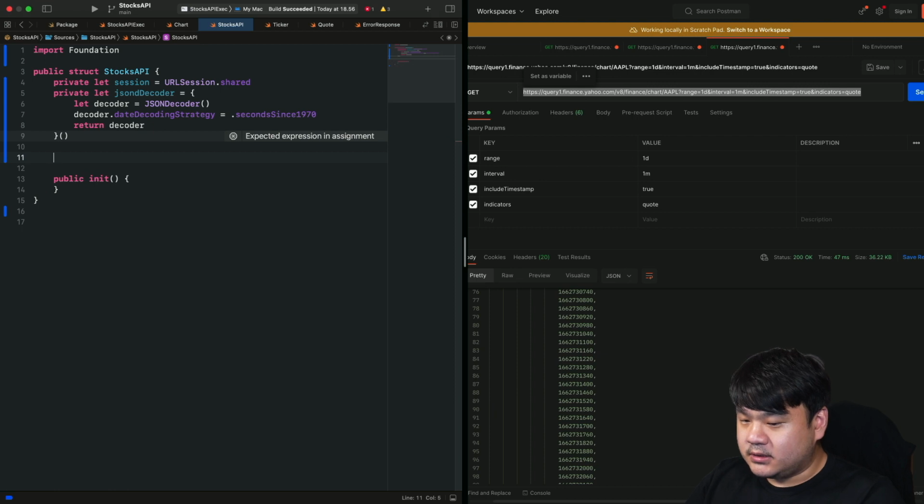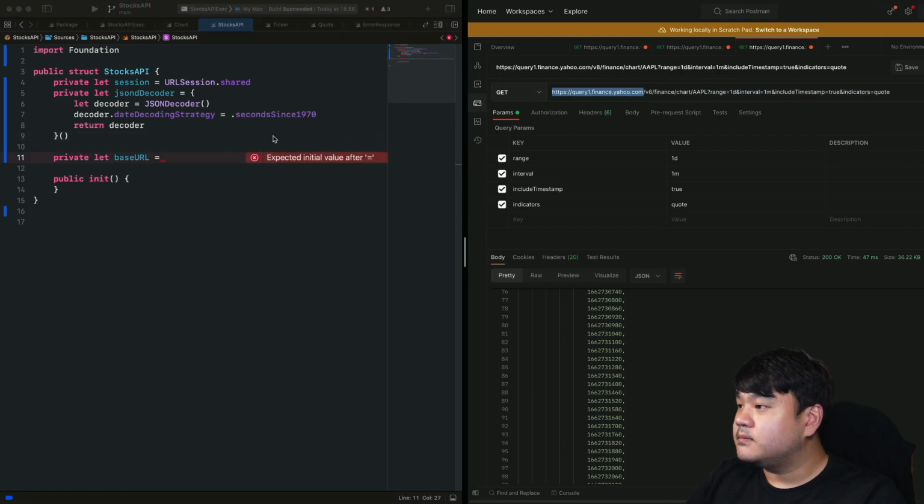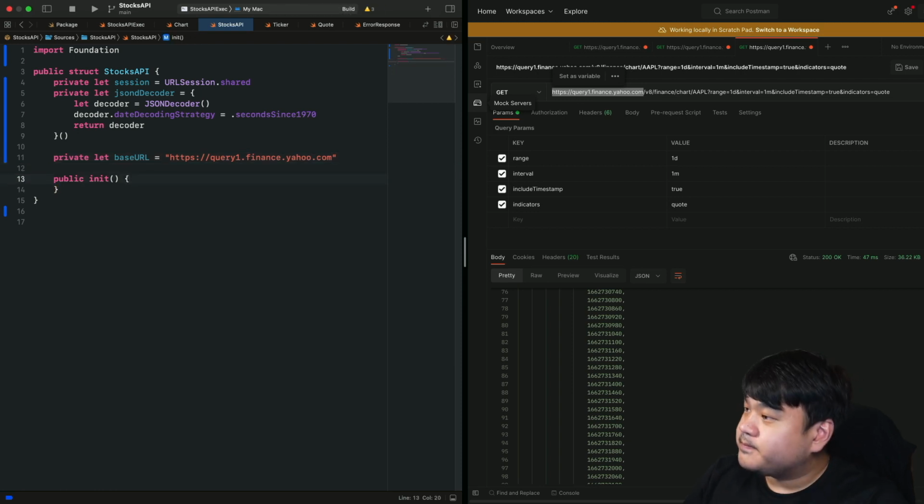Next is the base URL for the Yahoo Finance API. So this one, https://query1.finance.yahoo.com. Okay,